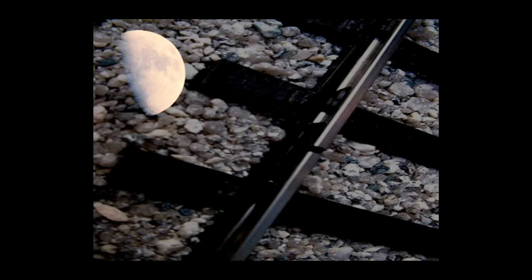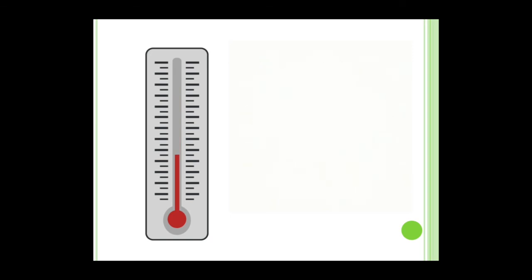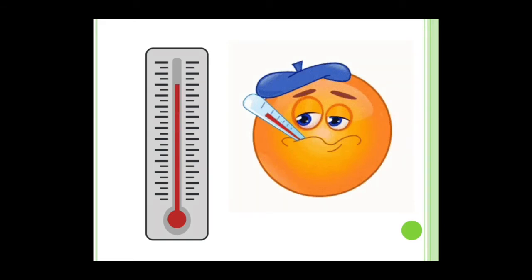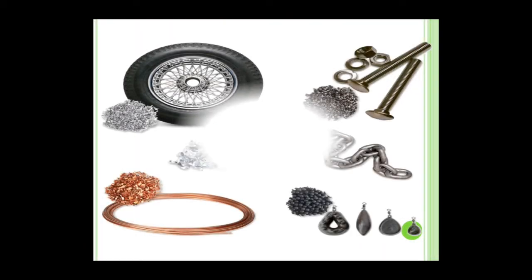The fact that metals expand on heating is used in thermometers as well. In many thermometers, mercury is used. When the bulb of the thermometer comes in contact with a hot object, the mercury expands and its level rises in the glass tube, indicating the temperature of the container. The amount of expansion is directly related to the temperature of the object in which it is dipped. Also, if we melt other metals, we can mold them into various useful shapes for utility purposes.